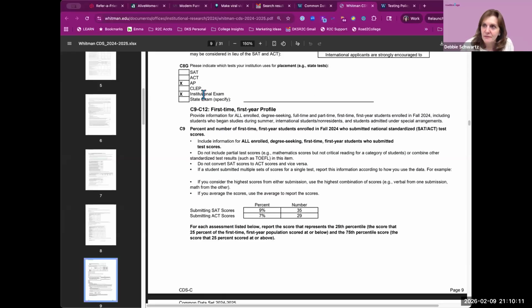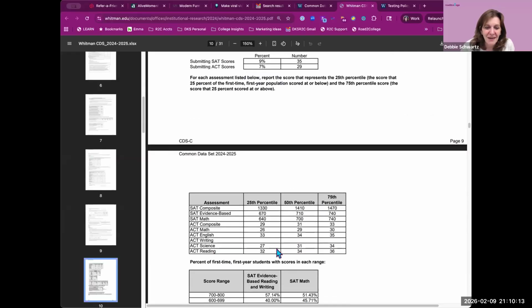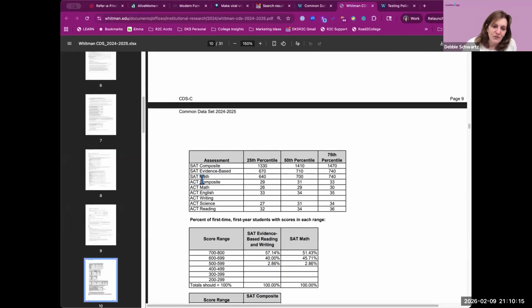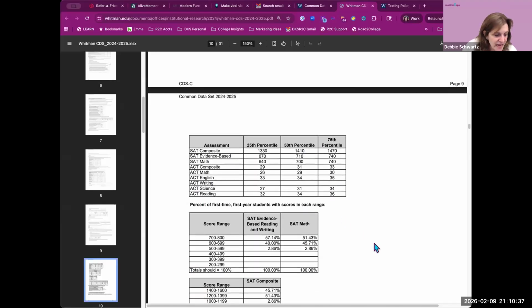Okay, let's keep going because it's already 10 after 9. Here's more information about the breakdown of SAT scores and ACT scores. What's important to understand on these percentiles is if your student is looking at a college that gives merit scholarships, it's really important to know what the 75th percentile of the SAT or the ACT score is, because that's most likely what the college is looking at if they're going to